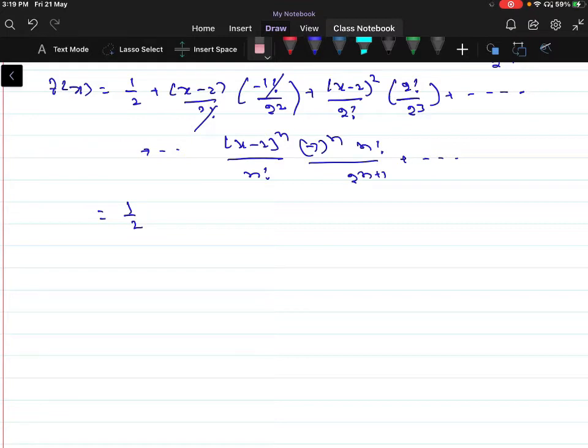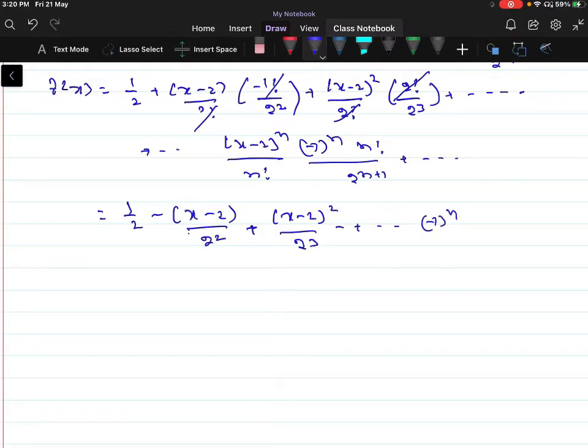So here we have minus of x minus 2 by 2 square, plus 2 factorial cancel, remaining is x minus 2 whole square by 2 cube, minus plus and so on, minus 1 to the power of n factorial get cancel into x minus 2 whole power n by 2 to the power of n plus 1, plus minus and so on. Let us